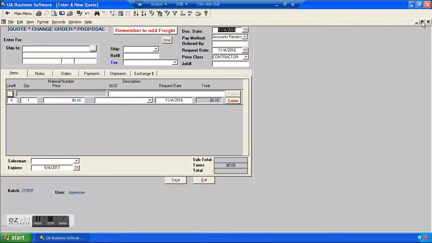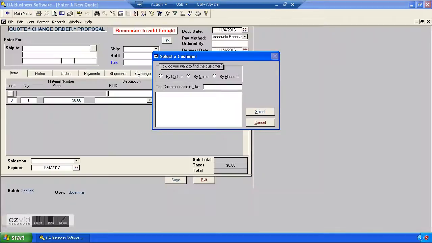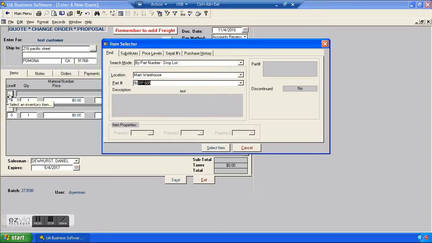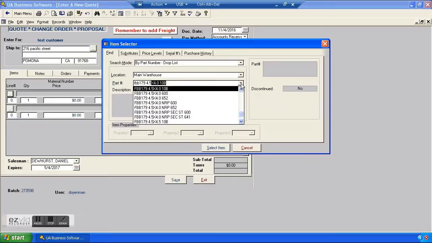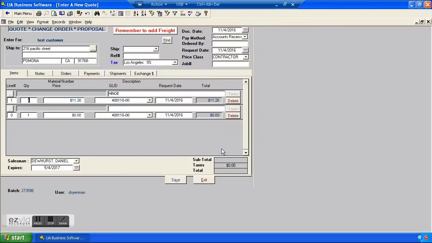First of all, we're going to go into this create new quote order proposal. The first thing I would ever do is make sure I'm doing apples to apples. I'm making sure that the part I pick for both companies has a valid price and a valid cost. And I did do that. I checked that on the table level, so I know that this FBB 179 4.5 4.5